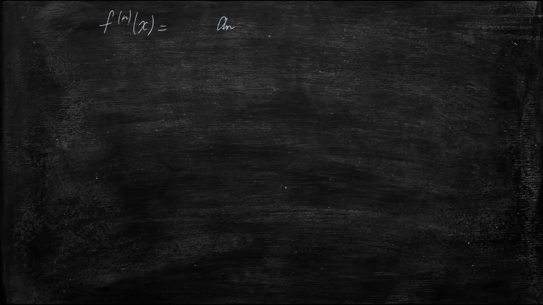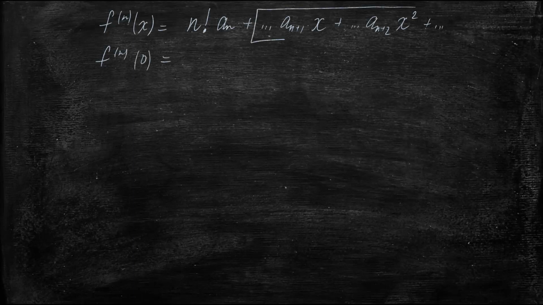And the question is, what will be the coefficient in front of a_n? Every time we take the derivative, that coefficient comes down, so it's n times n minus 1 times n minus 2, and so on. And for that we have a special notation, n factorial. And the (n+1)th term will become... again, there's no need to write out all these coefficients here, because when we plug in 0 into the nth derivative, all of this will turn into 0. So the nth derivative evaluated at 0 is equal to n factorial times a_n,